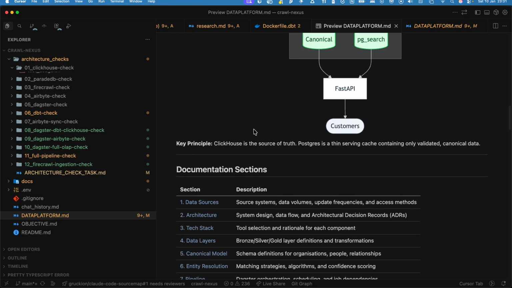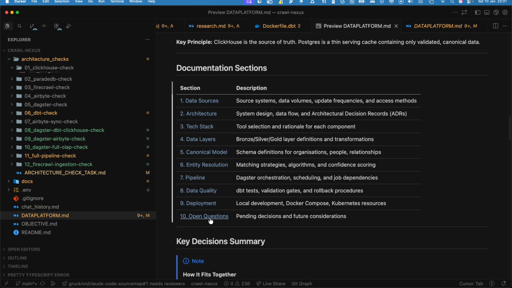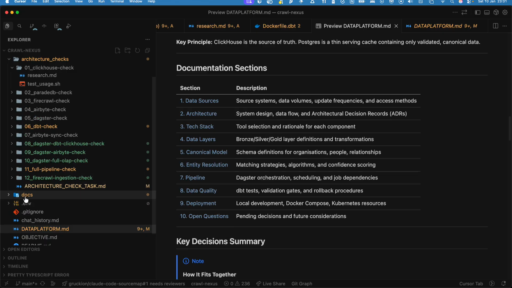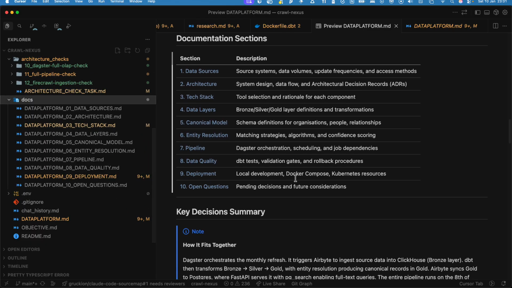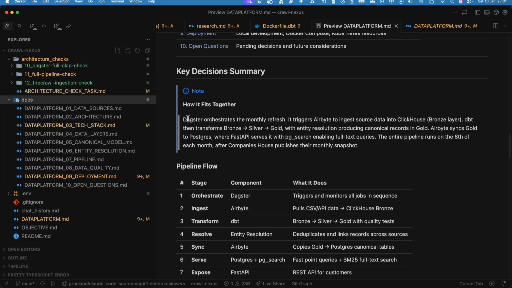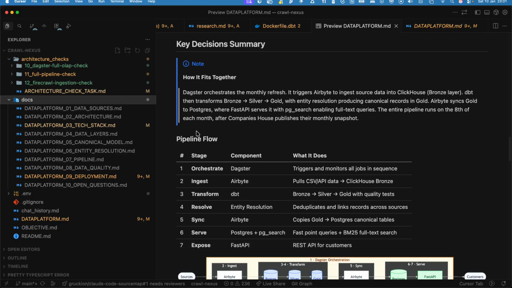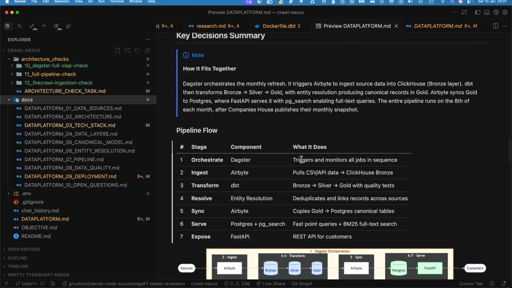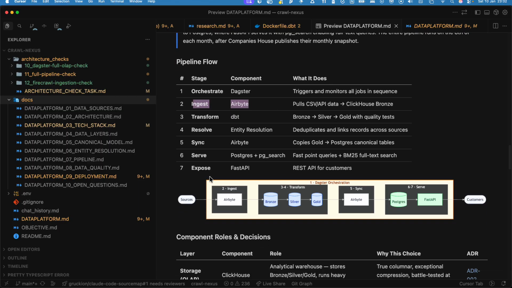And then I've got some architecture diagrams, all of these different sections for the data platform, which are all documented in the docs here. Key decisions, more information about the overall architecture flow. So the orchestration is Dagster. That's going to trigger all the monitors and all the jobs in sequence. So detecting that an external data source has been updated and we need to pull it in. The thing that actually ingests all that data is going to be Airbyte. The thing that transforms it is going to be dbt, bronze to silver to gold,